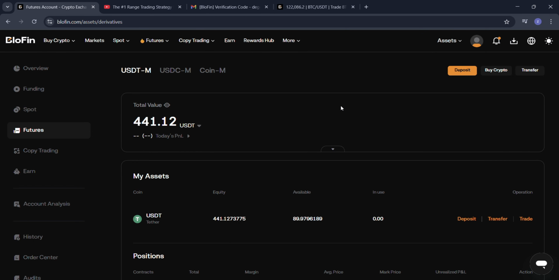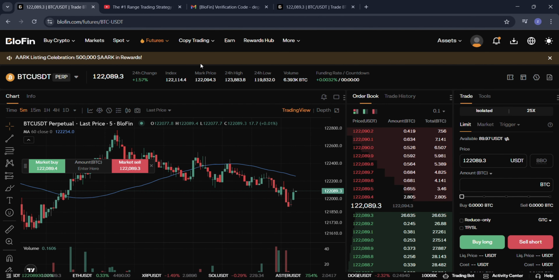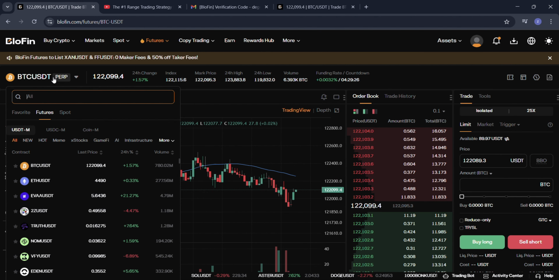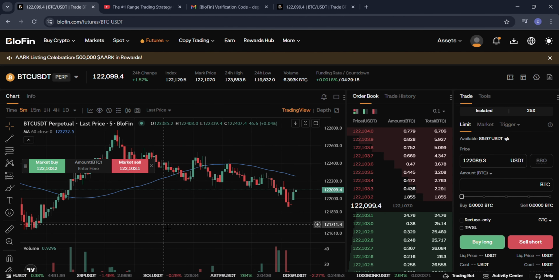Alright, so you want to click on Futures to open the trading interface. Right here, Futures USDT-M. Let's take a quick tour of what you will see. At the top, you can select the trading pair which you want, such as Bitcoin or ETH. In the middle, you see the price chart, which is powered by TradingView and includes different time frames right here